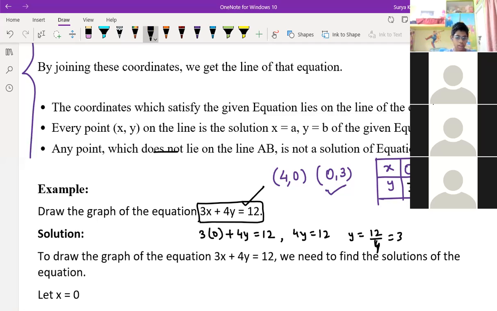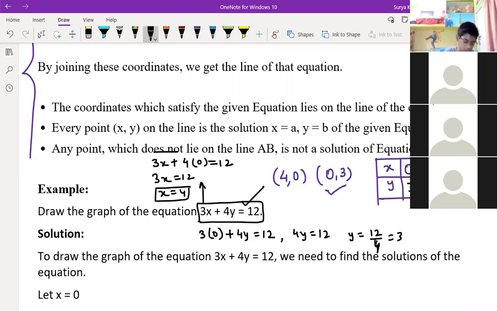So for the second, if y is equal to 0, then x is equal to what? Put the same equation. If y is equal to 0, 3x will remain the same, plus 4 into 0 is equal to 12. So 3x is equal to 12. The x is equal to 4. Understood now? Yes, sir. So if x is equal to 0, y is equal to 3, and if y is equal to 0, x is equal to 4. Pulastya, you understood? Understood. Okay. Show me the graph, child.